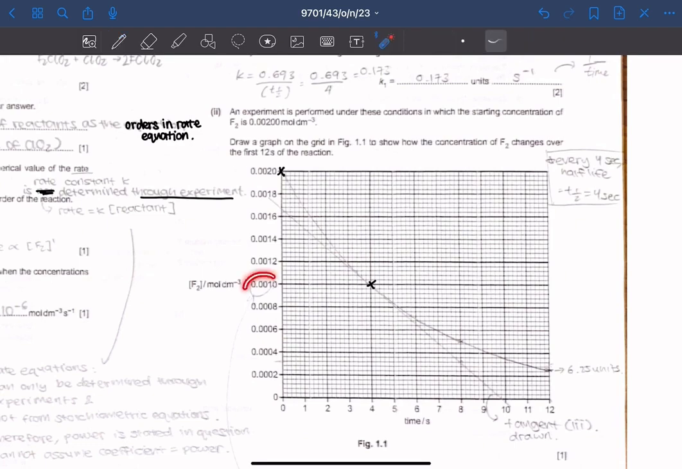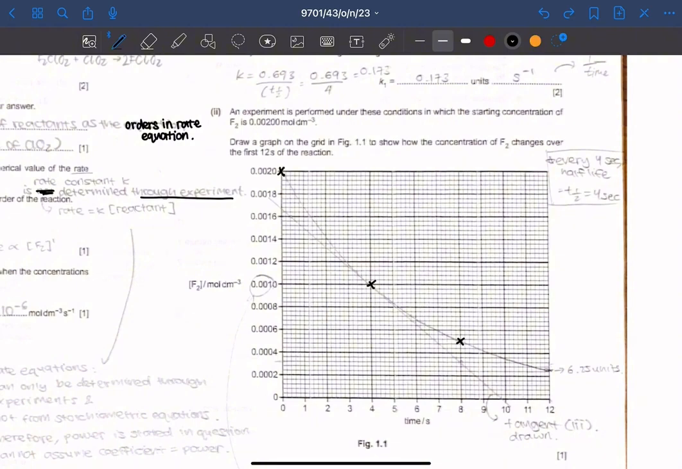And then next, at the half-life of 0.0010, which is 0.0005, around here, we have another half-life of 4 seconds, which is at time 8, because this to here has the interval of 4. So your next point would be around here. And then 8 plus 4 seconds to 12,